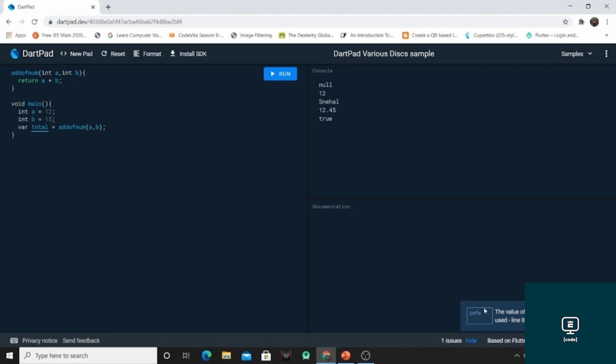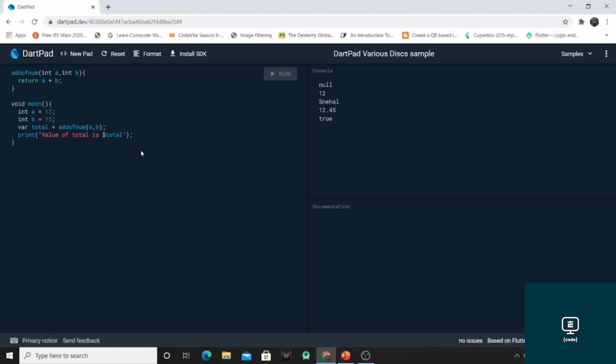Now what is the information available? That the local variable total isn't used. So now we will print the value of total.